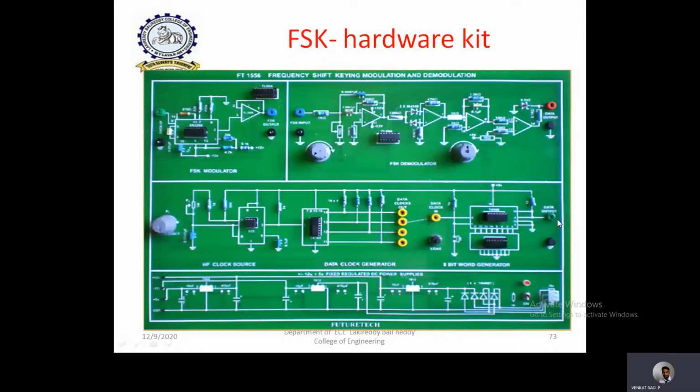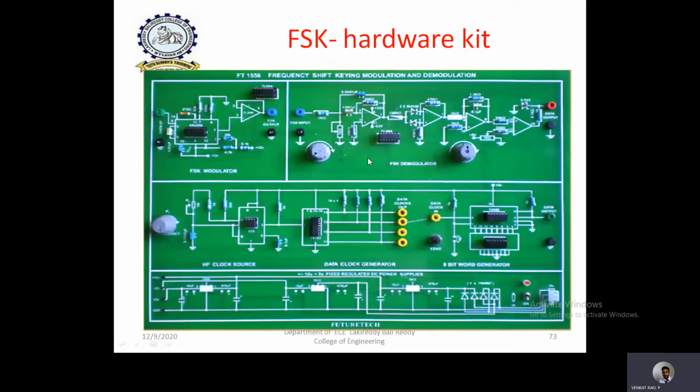So this is the final digital input data, and here there is a clock input. So you can connect any one of the clocks, generate data, and connect the data to here and observe the carrier. Without input, you can observe the carrier here, and connect the FSK output to the demodulation, and you can clearly observe the demodulated output here.